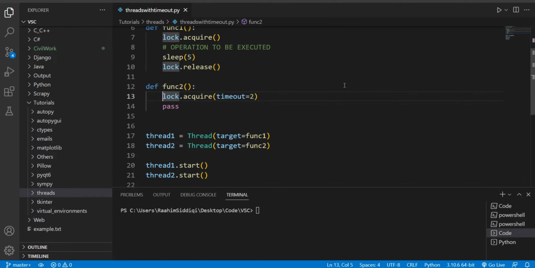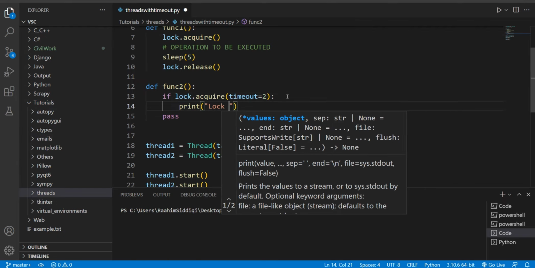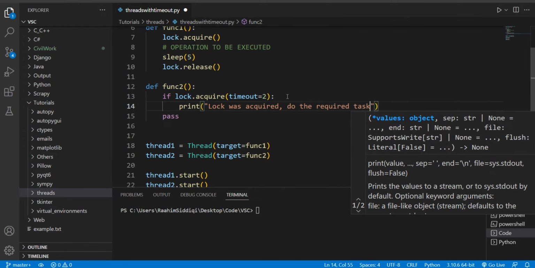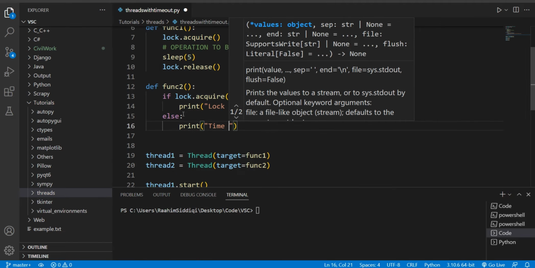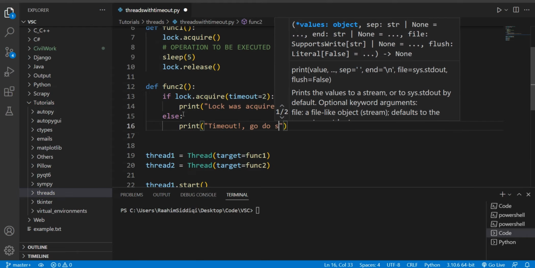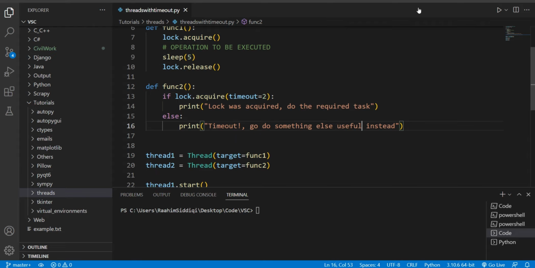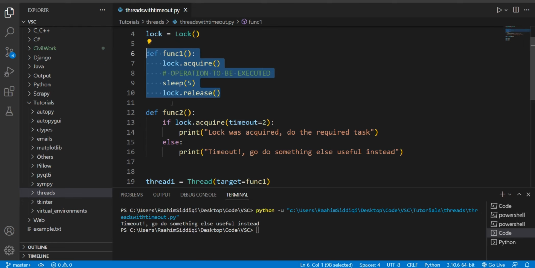If the lock was acquired successfully, then this will return true, so we end up with something like this: lock was acquired, do the required task. But if the lock was not acquired within 2 seconds, we can say timeout, go do something else useful instead. So if I run this code now, we're going to get the timeout, and that's because we only wait 2 seconds, whereas that actual task takes 5 seconds. If I reduce this down to 1 second,